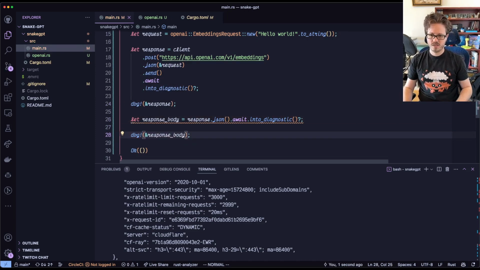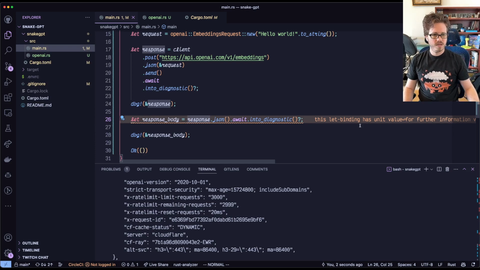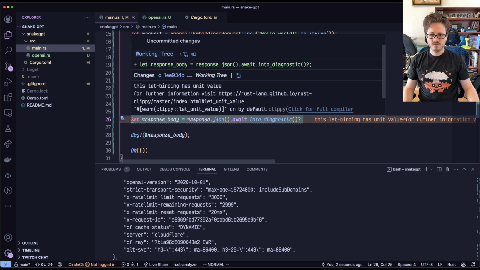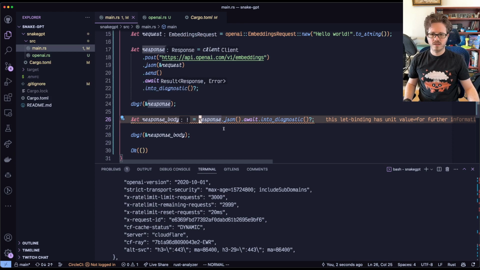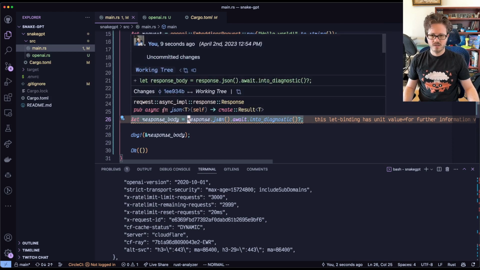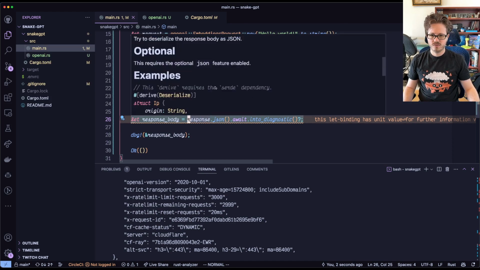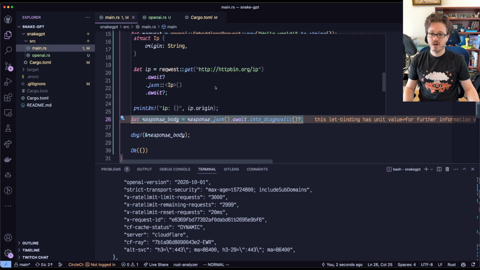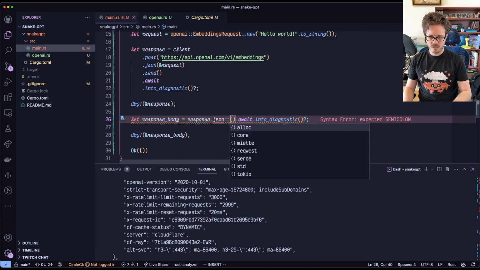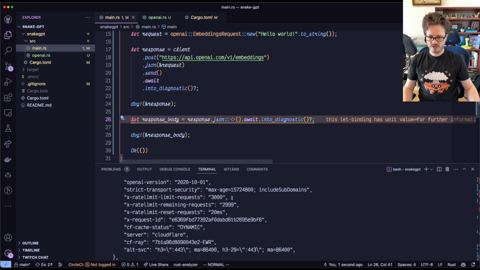Debug response body. This let binding has unit value. Oh, that's not what I wanted. JSON returns a result. Wait, what? Oh, JSON of something. Okay. JSON of, can I just do